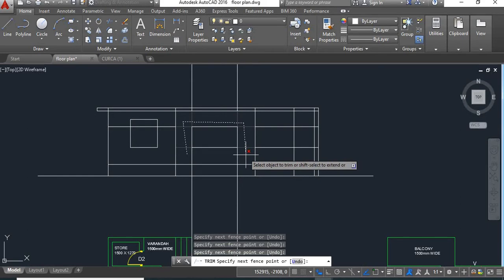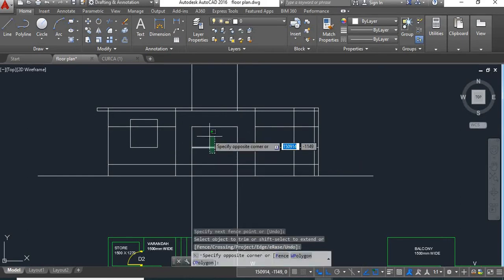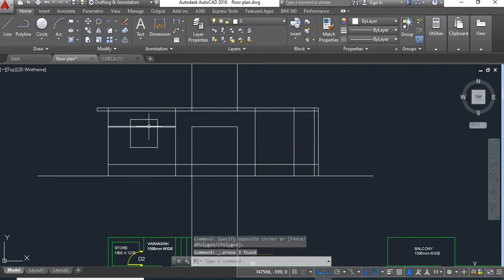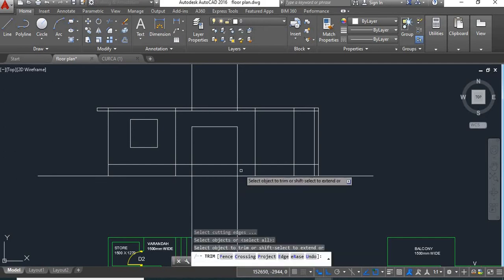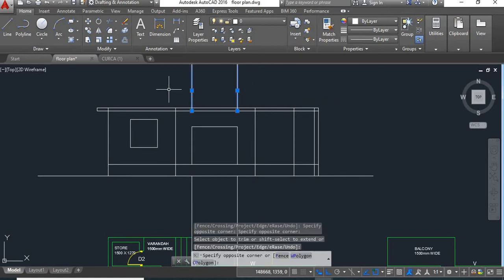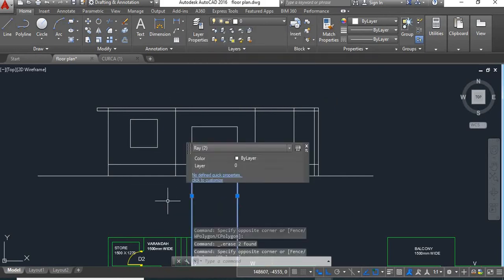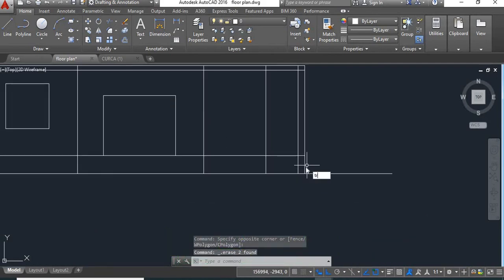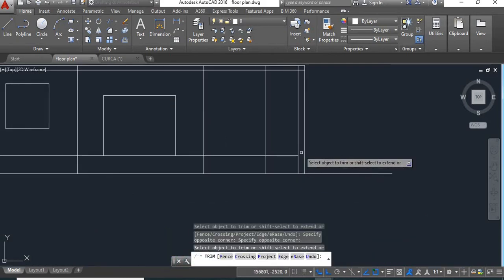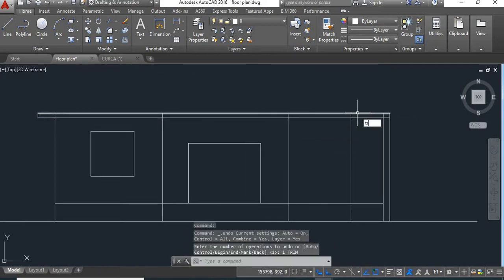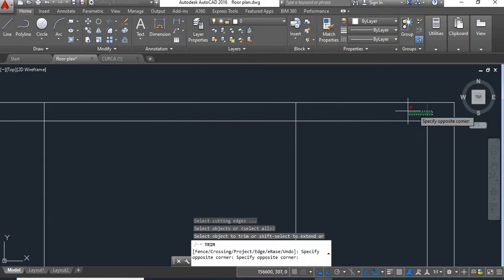Delete this. Delete these lines also. Trim all the extra lines, all the unwanted lines. We'll delete these lines also in this slab.